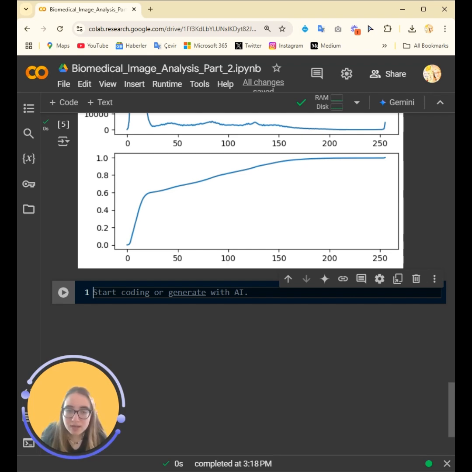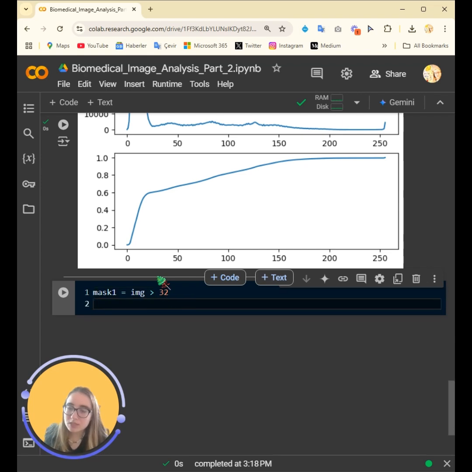Also, by combining masks, we can isolate specific structures like non-bone tissues, which I'll show you. With a simple mask, we can take the whole tissue and the bones, but we will combine them to get to the non-bone tissue. So without further speaking, let me show it to you. Mask one is, let's take image, the pixels that have intensity values greater than 32, and I'll just show it. This is that simple.